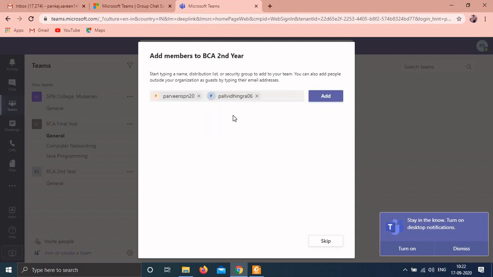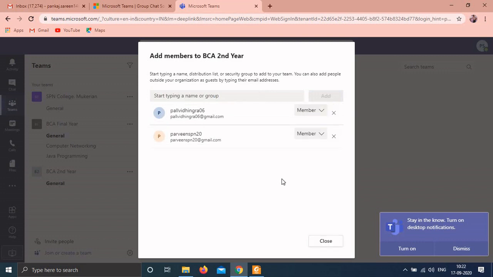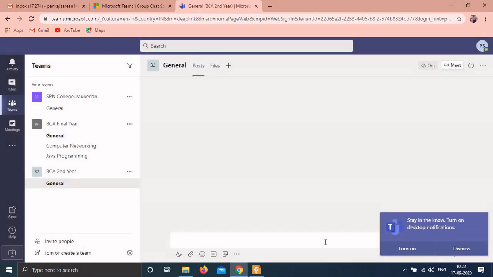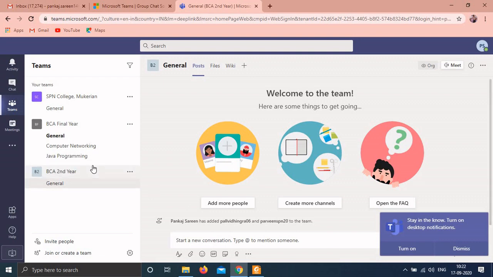Similarly, you can add more than one student by mentioning their email here, and then click on add. And if you don't want to add any member right now, you can skip this option. Fine. So click on add. Then click on close. So this way you can create different teams.